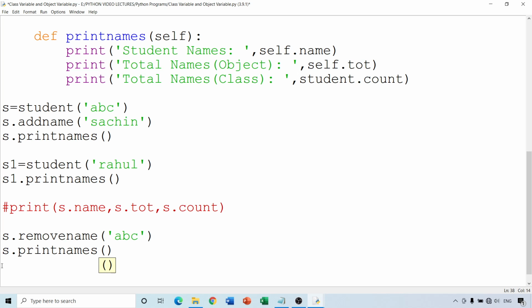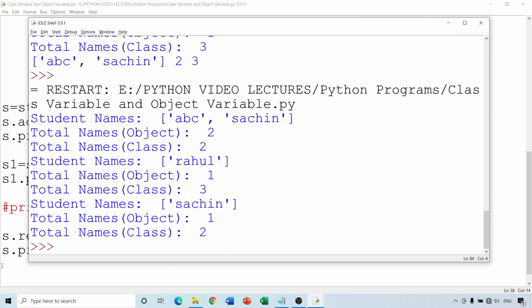Let us check the output. In the object S there are two names, ABC and Sachin. From that we are removing one name. So there should ideally be only one name and there should be a change in the counter variable also. Total number of names in the object is 1. Total number of names in the class is now actually 2. So yes, you can observe the output.